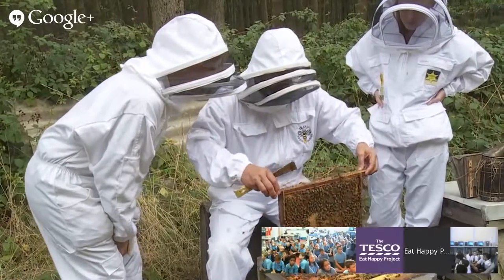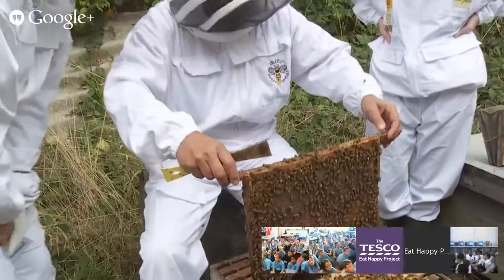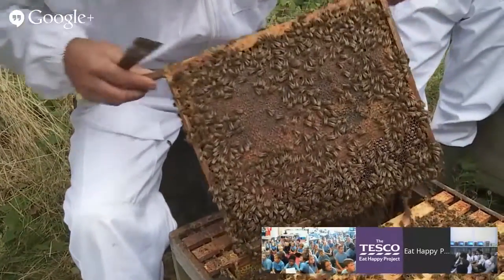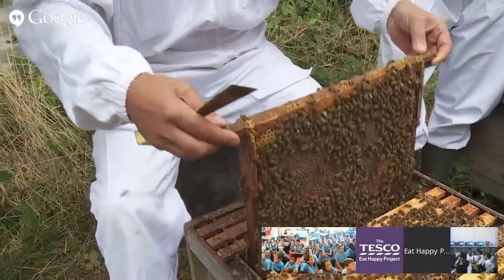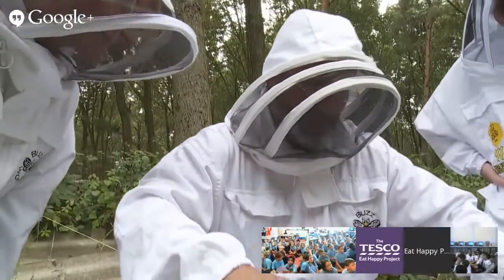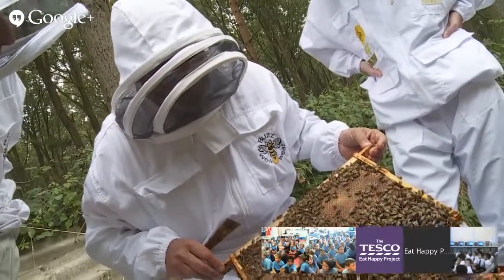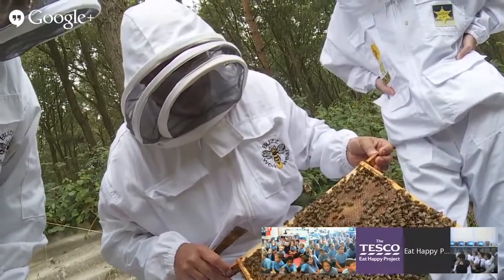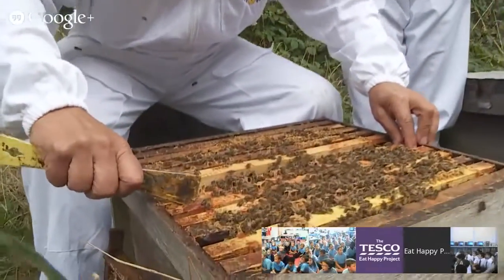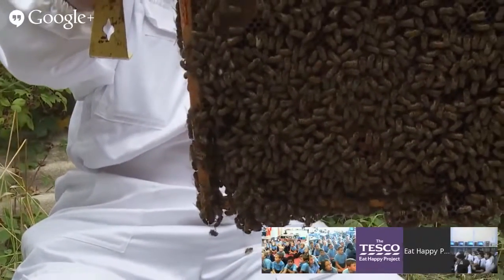Okay, so there is one queen bee in here that we're hopefully going to find at some point. How will we know that we found the queen bee? What does she look like? Well, fortunately, we've put a little dot on her back to make her easier to find, but that doesn't mean we're going to find her straight away. Okay, so she rules the roost, does she here? Yes, she is the queen, she is the one in charge. The other bees look after her, do everything for her. Her sole function is to lay eggs, and she'll lay up to 2,000 eggs a day in the height of summer. Wow, 2,000 a day? Yep, and the other bees will feed her, look after her, groom her, everything. So she doesn't feed herself, she just waits for...